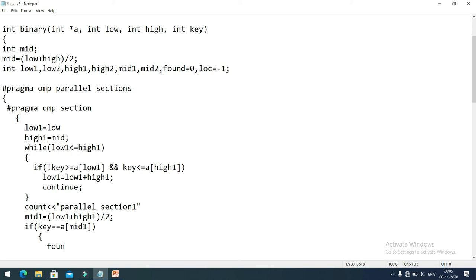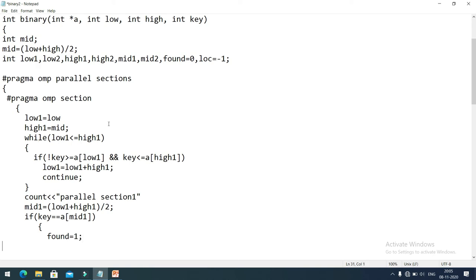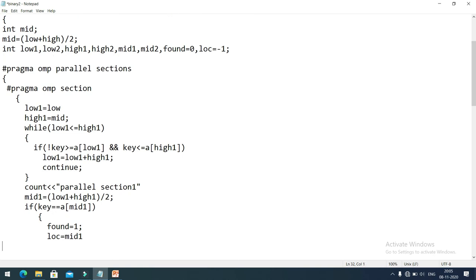found equal to 1, location is equal to mid 1 and low 1 equal to high 1 plus 1.